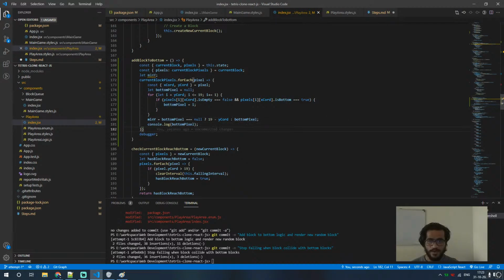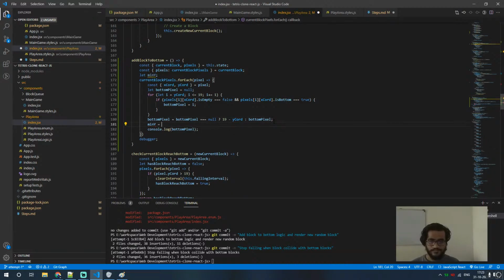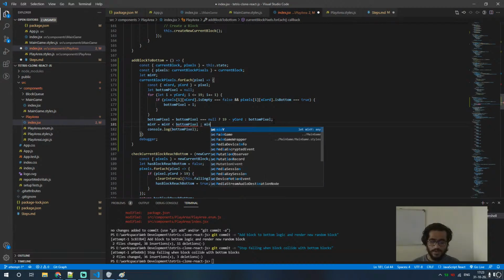So min y, okay. Is less than bottom pixel, then min y, sorry,